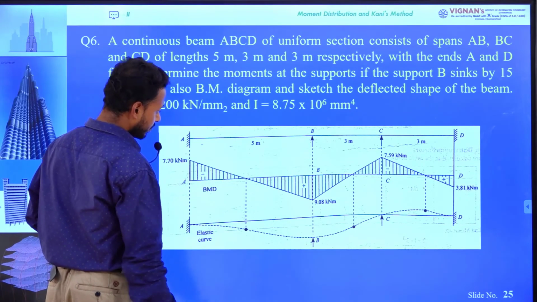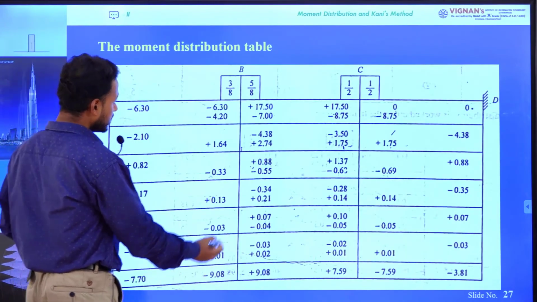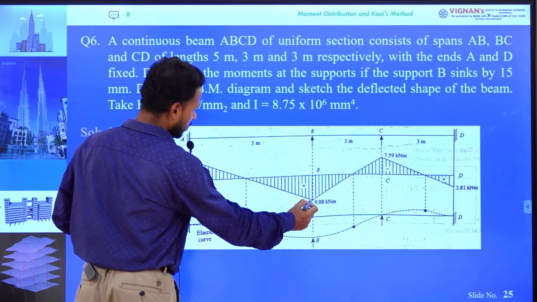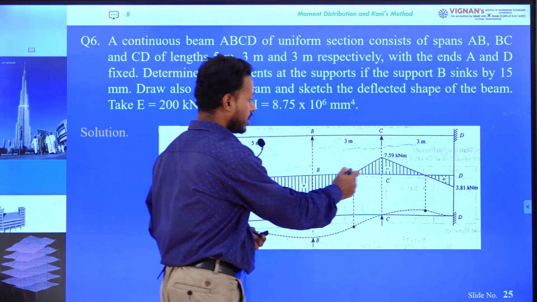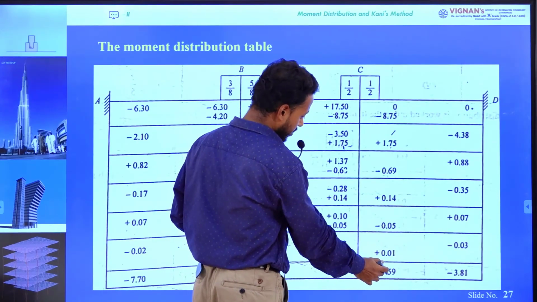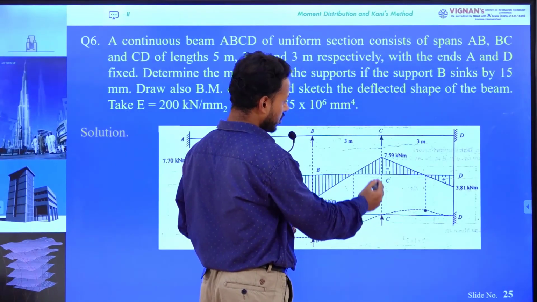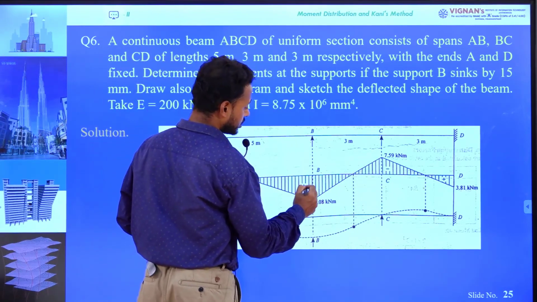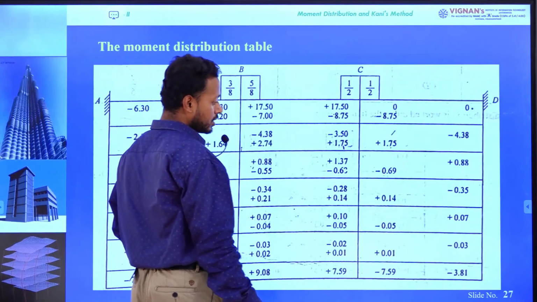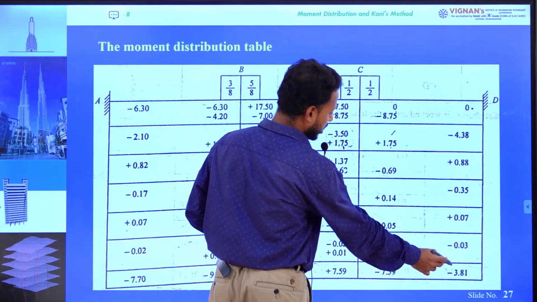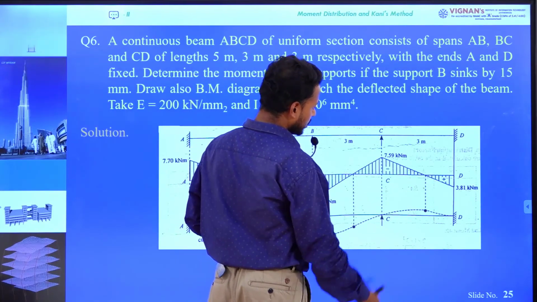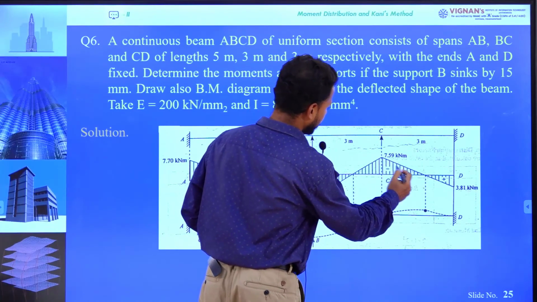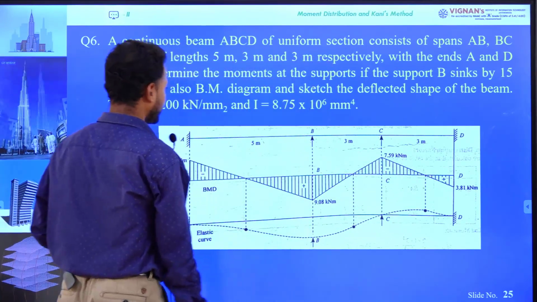like this. At joint B we have plus 9.08, so I have drawn plus 9.08. Again at joint C we have minus 7.59, so I have drawn here minus 7.5. The upper side I am considering negative and the lower side I am considering positive. Similarly at joint D I have minus 0.81. At joint C I have minus 7.59, so I have drawn here minus 7.59, and at joint D also, whatever the moment you are getting,